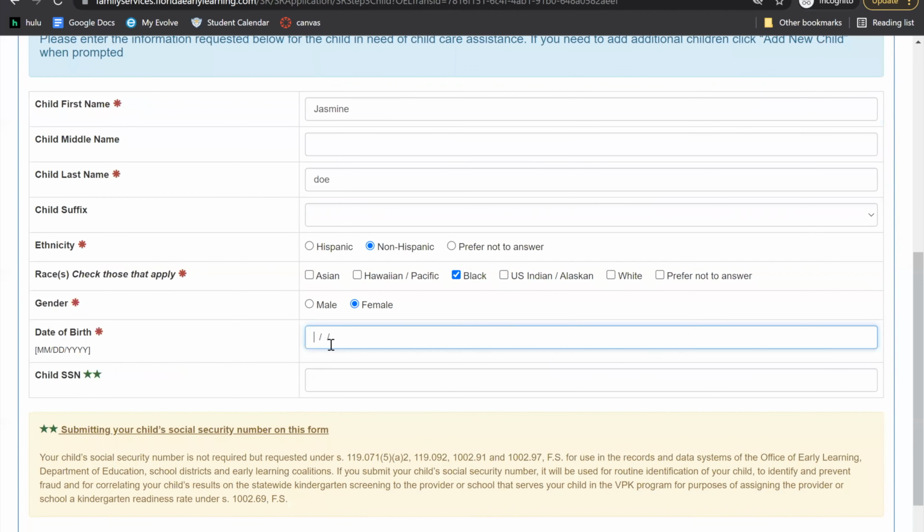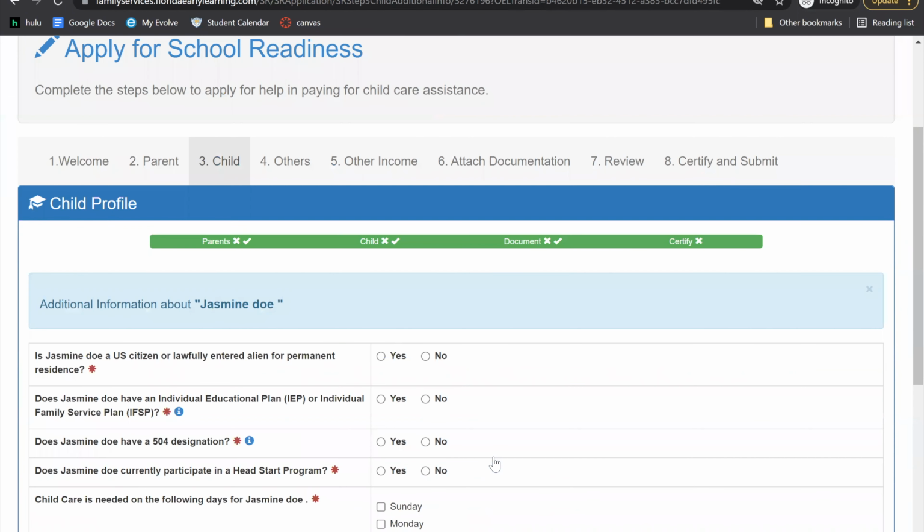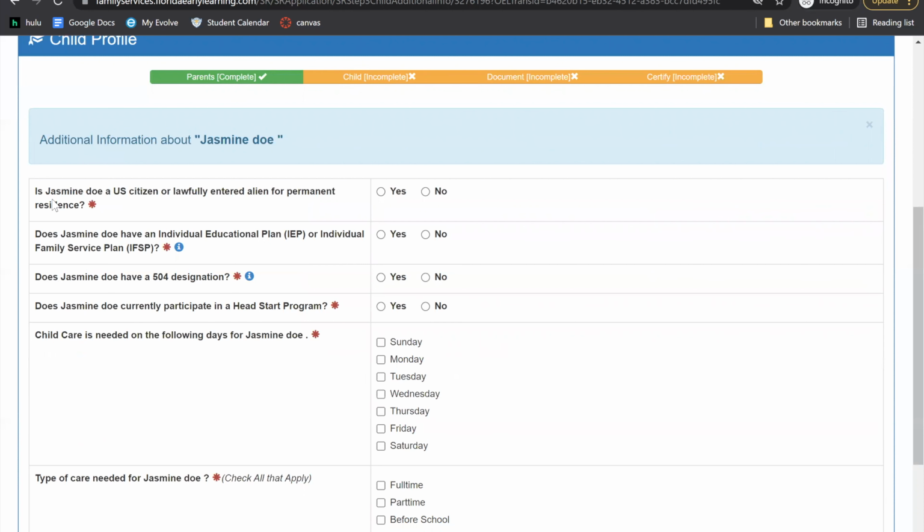And again, the Social Security is not required. Click continue. And here we have if they are a US citizen. And right here it asks if they have an IEP or an